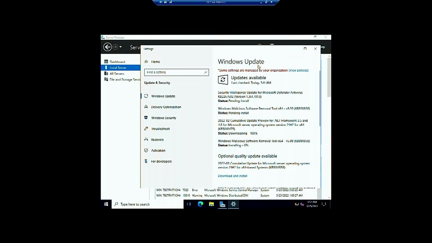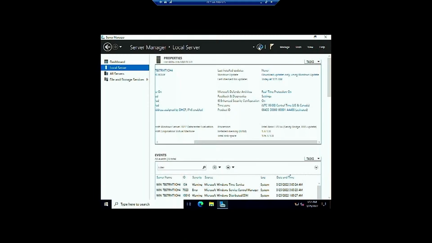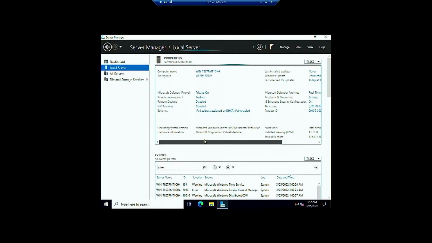while that's doing its updates, remember, on the checklist, am I activated? Is my time right? Time zone? Updates. Am I doing what I want to do? Do I want to stop them? Do I want them to do updates? Take care of your updates. What do you need to do to them at this point? I'm going to close this for now. I'm going to hit refresh right here. I'm going to slide over. Now,